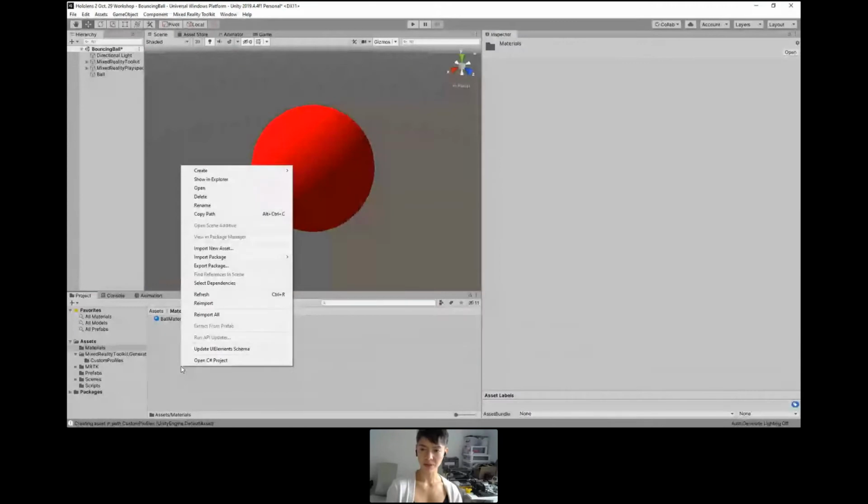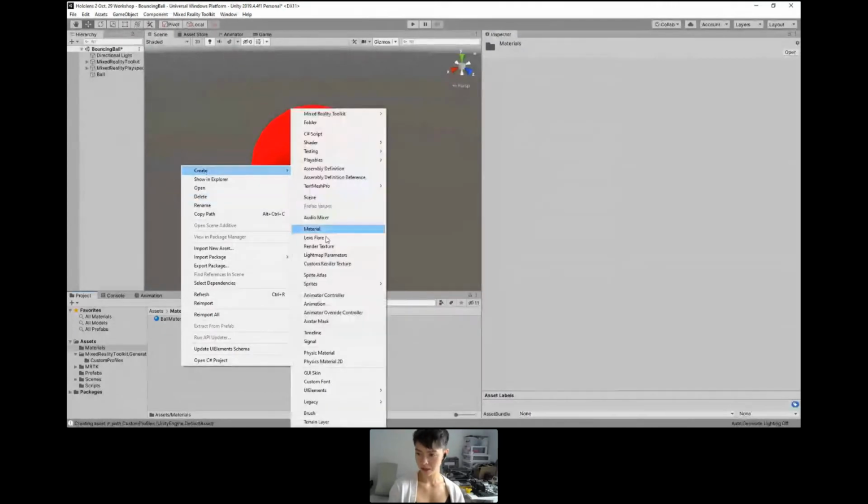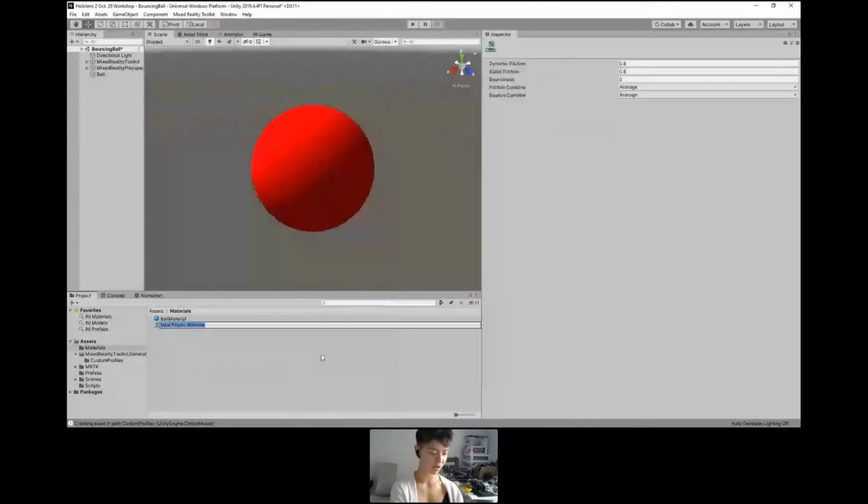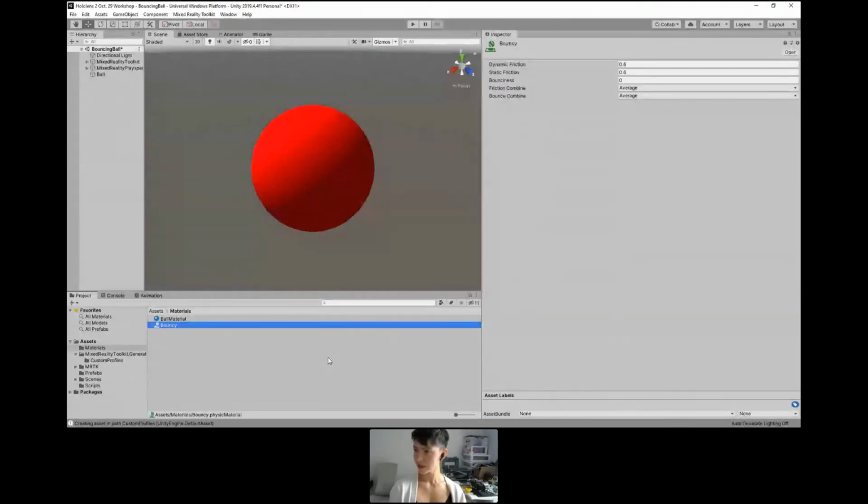So I'm going to right click in my materials folder, go to create, and right about here we have a physics material, and let's call this bouncy, like a bouncy castle. And over in the inspector tab,